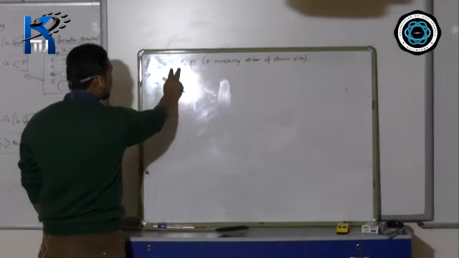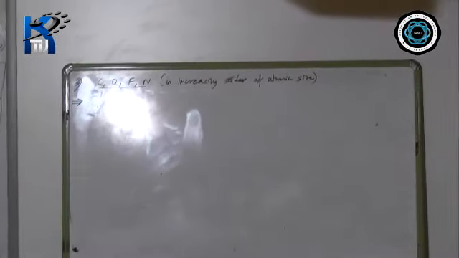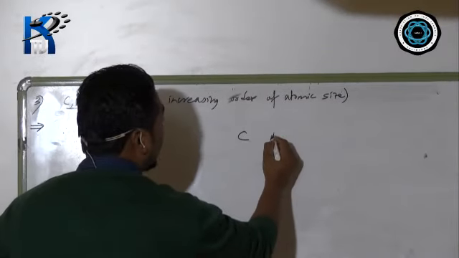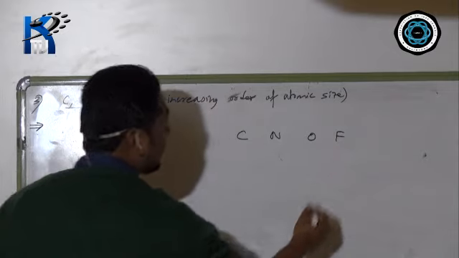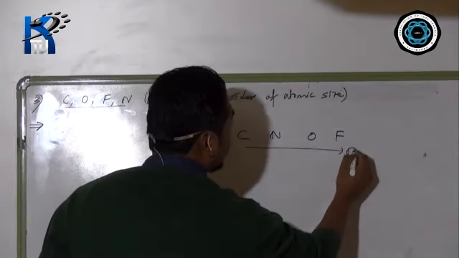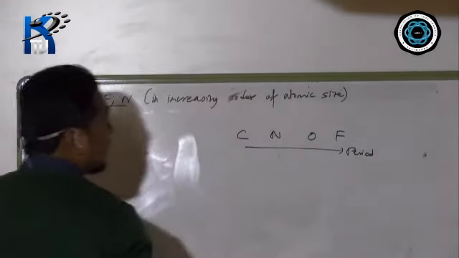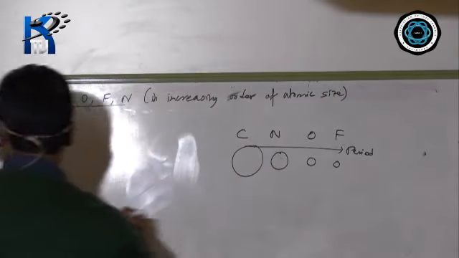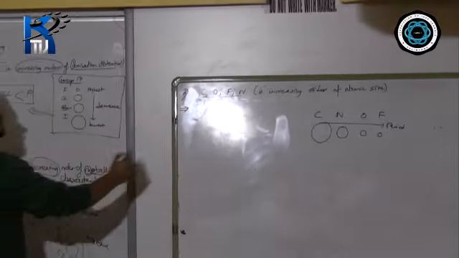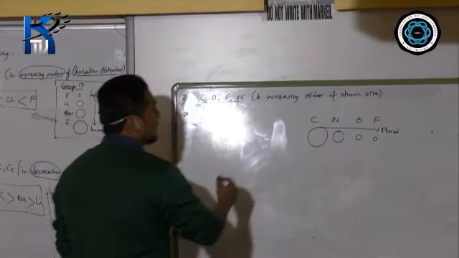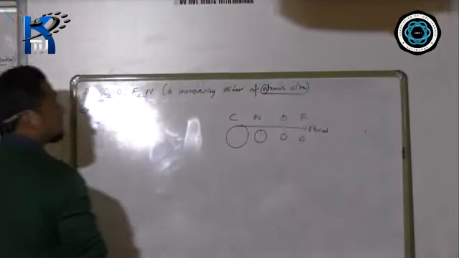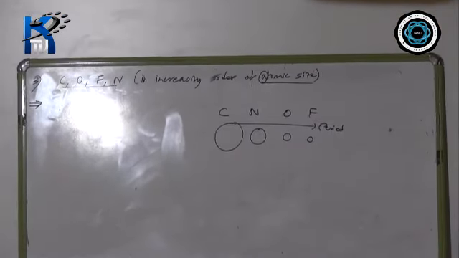So now these elements, if you see, belong to a period, and they come in sequence like this. First is carbon, then nitrogen, then oxygen, then fluorine. They are the elements of a period. Okay, and in a period the size will what? Decrease. In a group the size will increase, in a period the size will decrease. Now they have asked about atomic size, A. So does it come under Papuni or Papumat? You have to analyze that first.